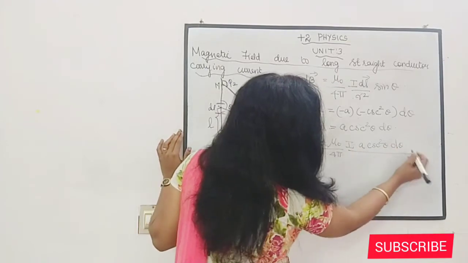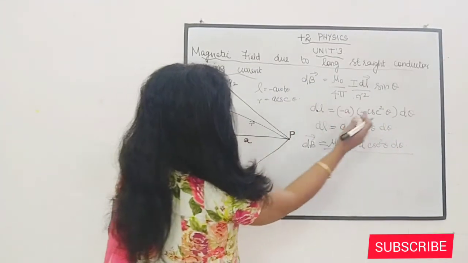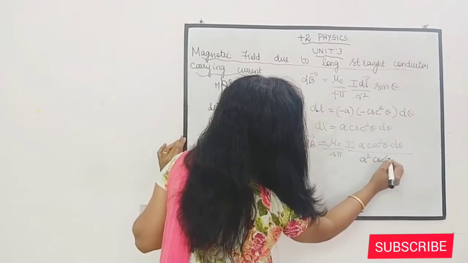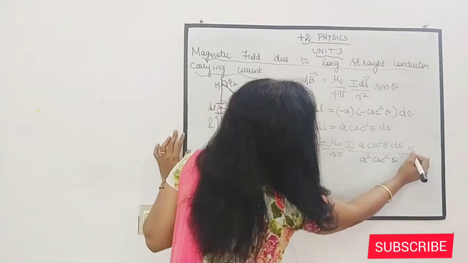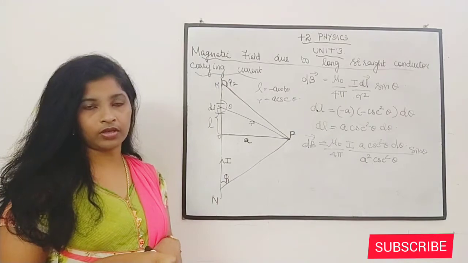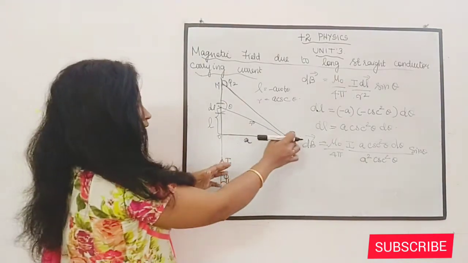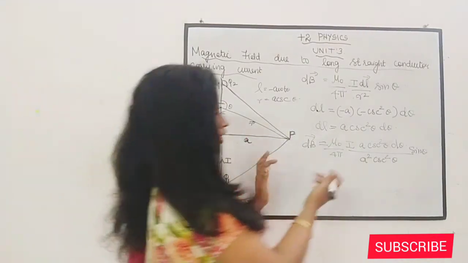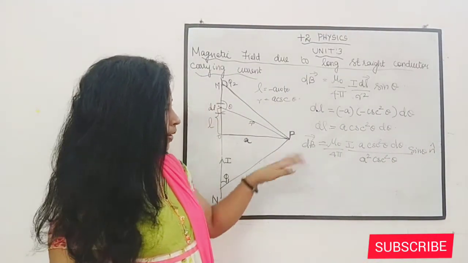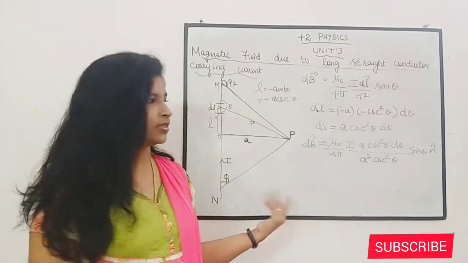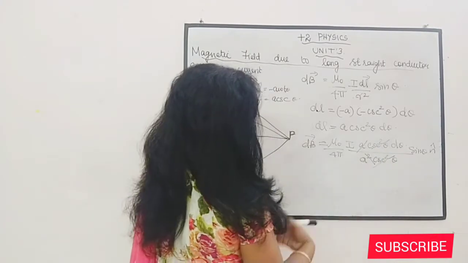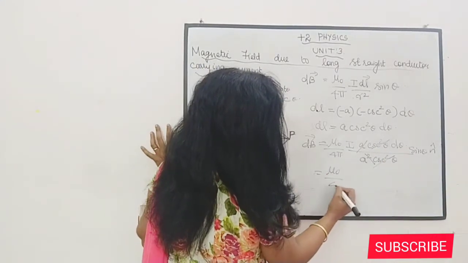theta divided by r square. What is r? a cosecant theta, so r square means a square cosecant square theta into sine theta. Okay, we are writing the position vector. This is a unit vector, to show that the point is going inside, we are writing it as n cap. Now, it is an easy calculation, right? You just cancel it: cosecant square cancels, a square and a get cancelled. The final term is mu naught by 4 pi